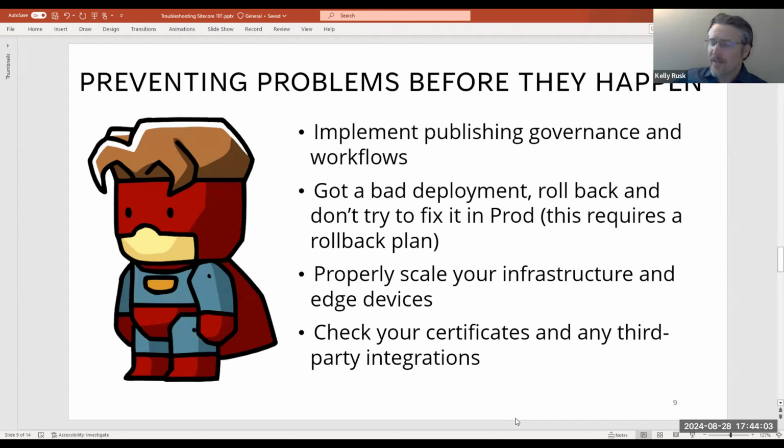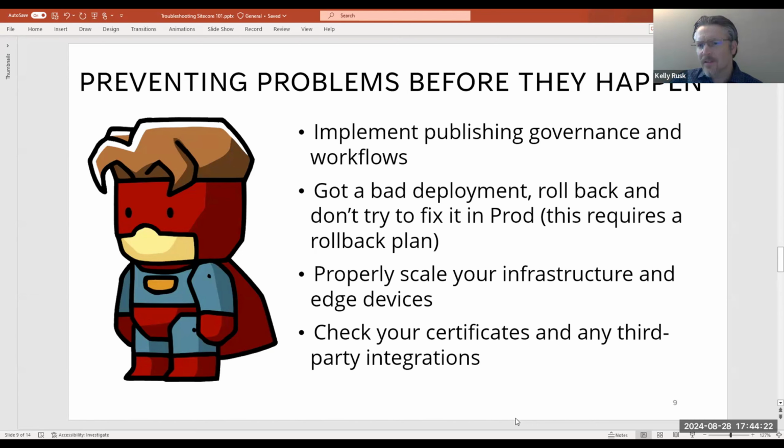Properly scale your infrastructure edge devices. That load testing again is really critical here. So if you need to upscale your Cloudflare to offer more features, do that. Evaluate that first. Don't just throw power at the problem though. So if you see that you're scaling up and up and up, check your code base and say, how effective